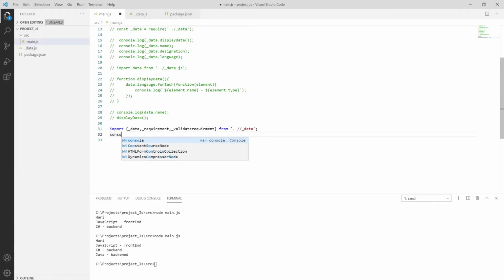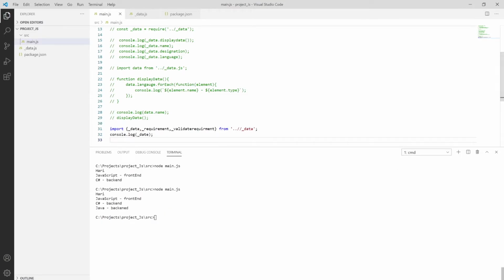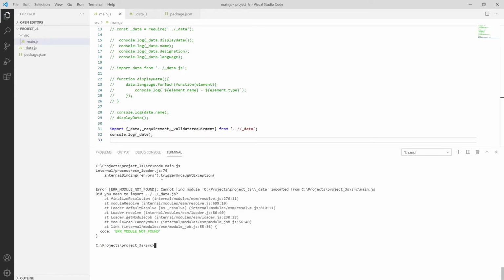And then we have console dot log over here. So let me put what's inside the underscore data, then save it, trying to run. Let me clear the console using the cls command. Okay, try to run. Okay, that triggered an unexpected error.